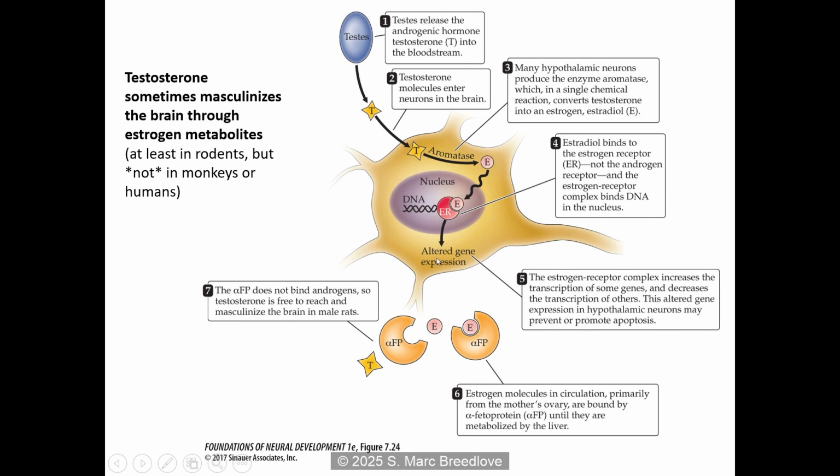So normally it's estrogen binding estrogen receptor that alters gene expression and masculinizes the brain. Any estrogen from mom is sequestered by alpha-fetoprotein in circulation. And it just so happens that alpha-fetoprotein binds to estrogen, but doesn't bind to testosterone. So the males making their testosterone, they get by the alpha-fetoprotein blockade and go to the brain and get converted to estrogens inside brain cells, away from alpha-fetoprotein, which is a plasma protein, and do the dirty deed.